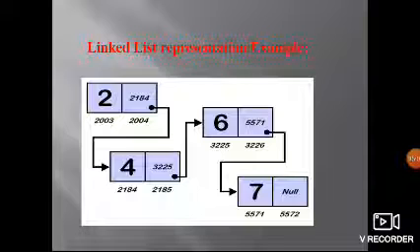So what are linear data structures, and what examples am I taking? I am taking arrays, queues, stacks and the linked list. For each, what is the definition, how do we represent it, and what are the operations, along with examples. This is about linear data structures.